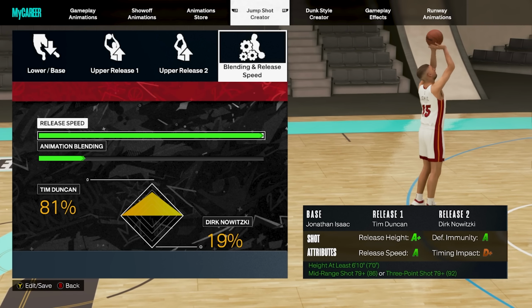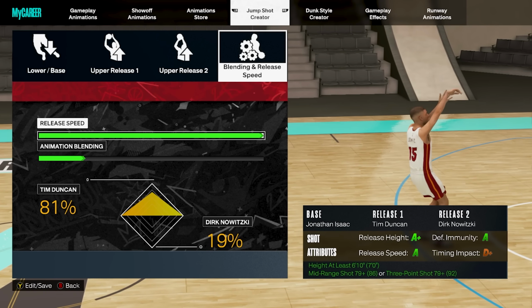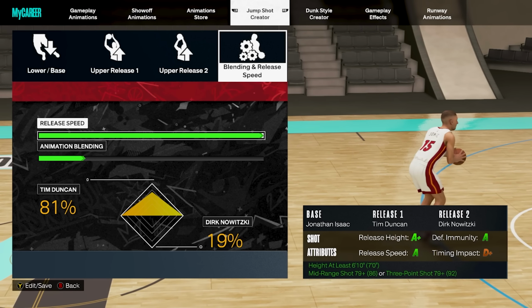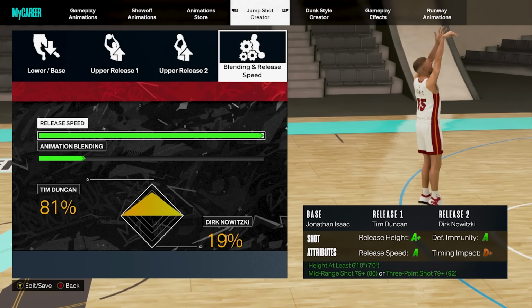So when it comes to the first jump shot, it's going to be base Jonathan Isaac, release 1 Tim Duncan, release 2 Dirk Nowitzki. Now listen, Jonathan Isaac base, I tested it. I went through every single jump shot in the game. This is the one that has the highest release point possible. It's taller than Eric Pascal, it's taller than Kevin Durant, and it's the tallest release height possible in 2K23 for